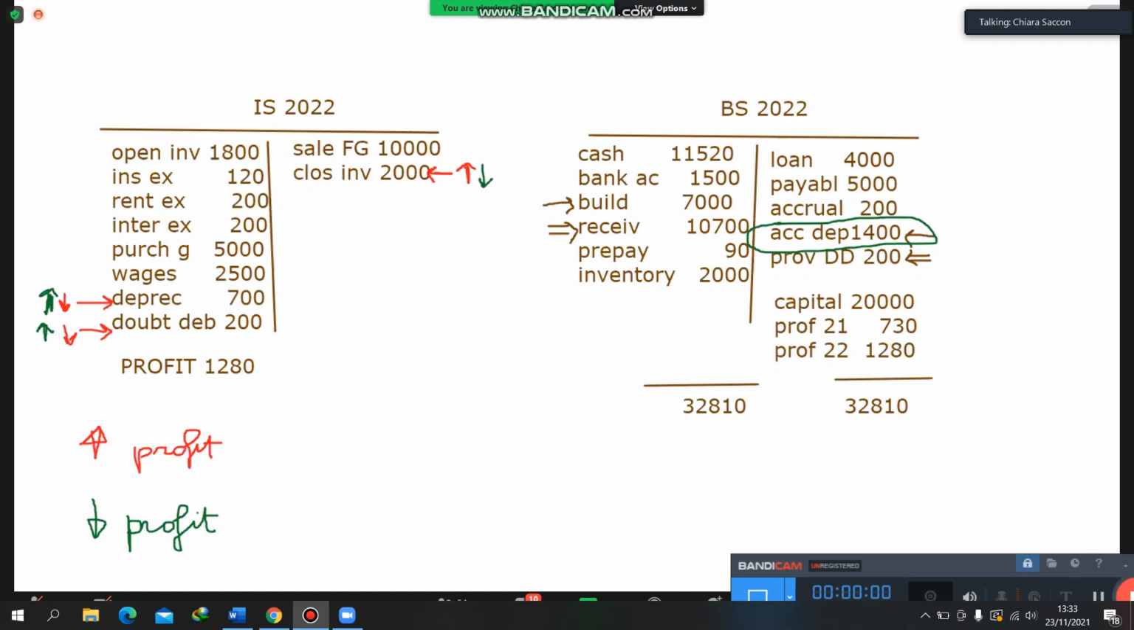We can say a financial report like this. This is a financial report composed by income statement and balance sheet. To make it more informative, giving you more information, we can